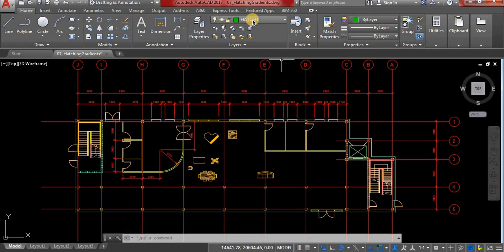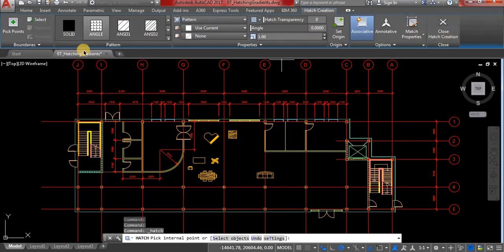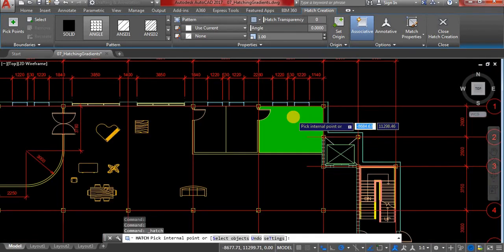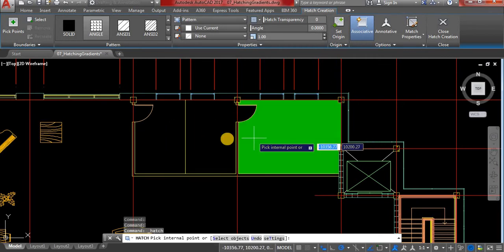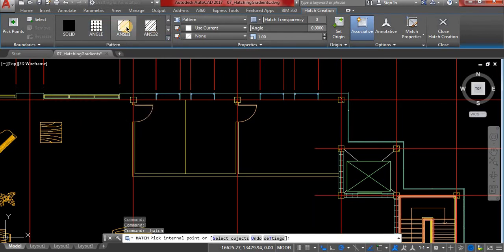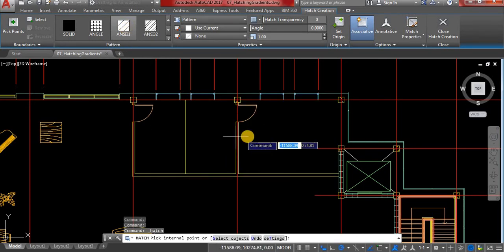We're gonna close it and we're gonna activate the hatch command now. As we activate it, this ribbon is gonna change, and when I go to any object, it will take its boundaries and color it, all of it, in the green color that we chose. But honestly, I want a different kind of highlight. Let's go ahead and pick this one. When I choose it and put my cursor on it, it will all be green, because I'm gonna show you how. I'm gonna choose this one again,